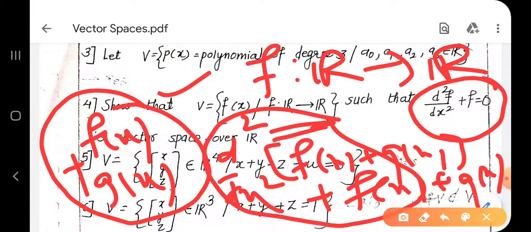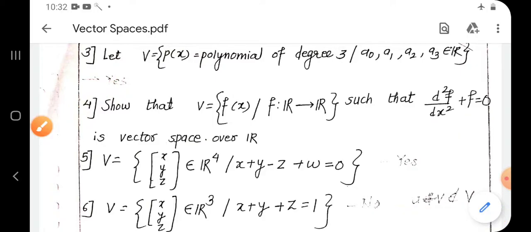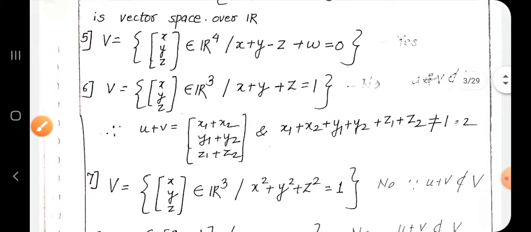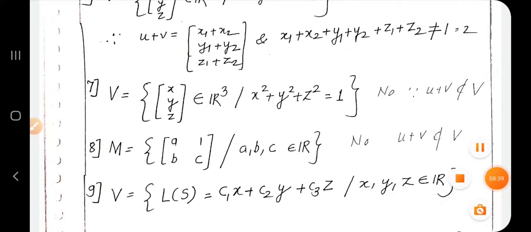Similar way we can try for second, third, and all 5 conditions get satisfied. Not only this, remaining 5 conditions of vector space also satisfy, and it is a vector space over R. You try, you will get the answer. If you have a difficulty, then you can ask me or I will give the solution in that case. But it is very easy, so I just leave that question to you. I hope you have understood the concept of vector space, when it is a vector space and when it is not a vector space. Again, one more example for your practice purpose I am going to solve here.